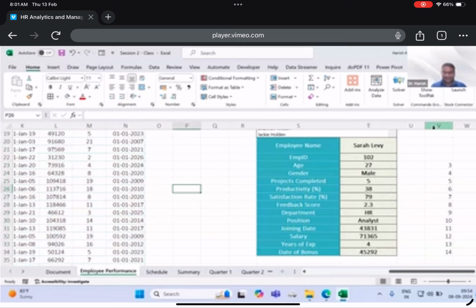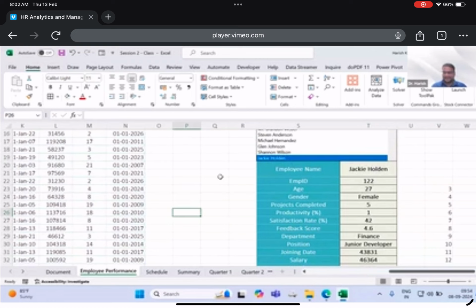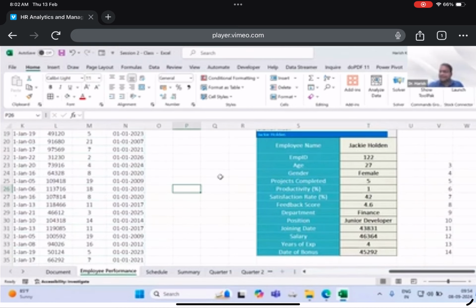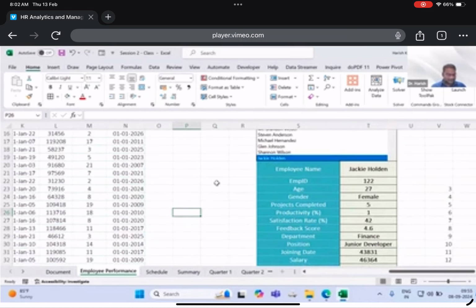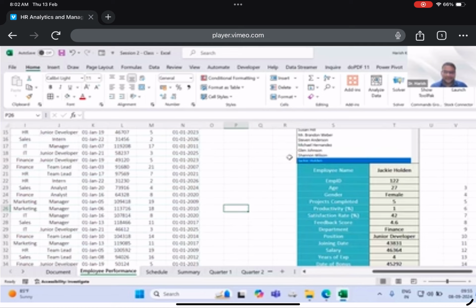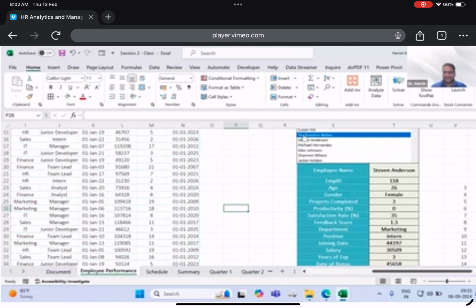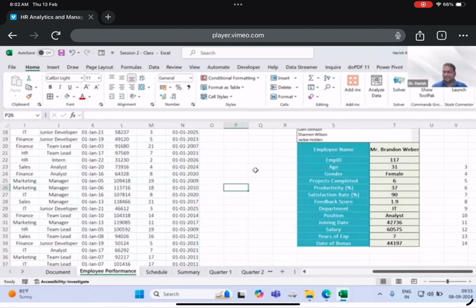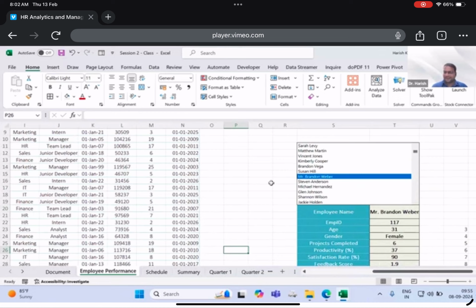And now another thing. Whenever you are changing, let's say Jackie, see, all the details are coming directly here. Simple, better than the previous search engine, right? Now, if you select Glenn, see all the details, Michael, Stephen, Brendan. Once you say any name of any employee, the details come. But another problem here is,